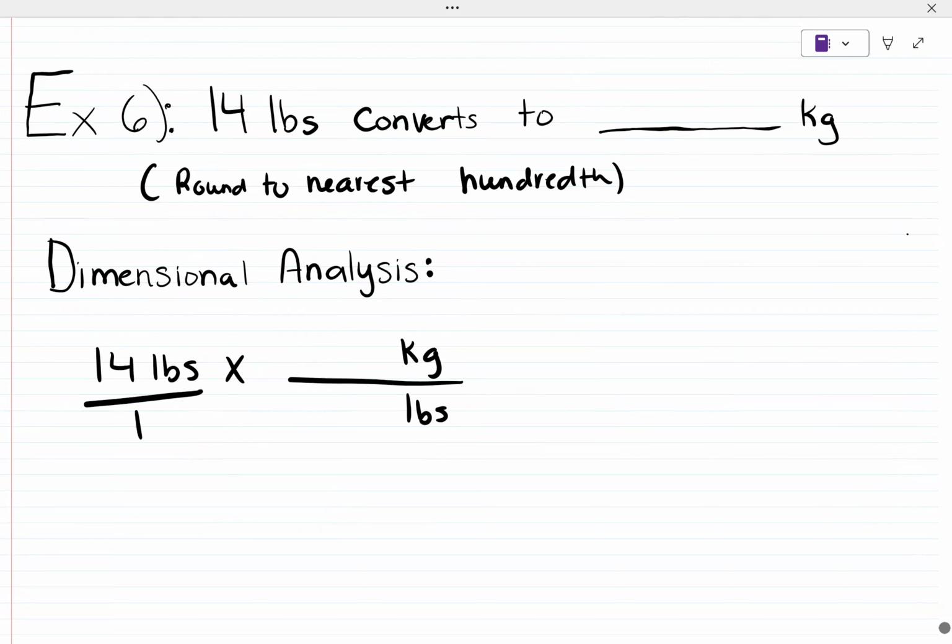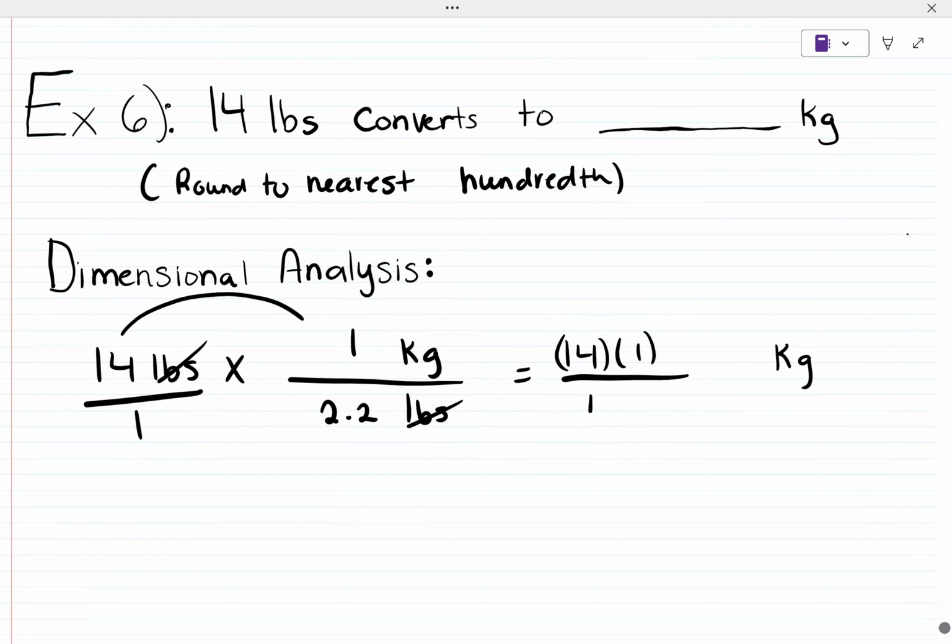So what is the relationship between kilograms and pounds? Well, we know that for 1 kilogram, there's 2.2 pounds, and then the pounds disappear. We're left with kilograms, and then just multiply across. It's 14 times 1, and then on the bottom, it's 1 times 2.2. So 14 times 1 is 14, and 1 times 2.2 is 2.2, and you get